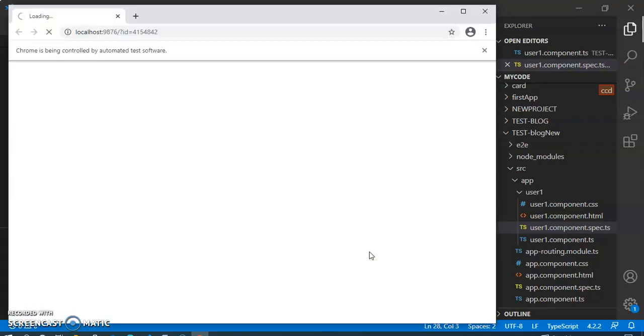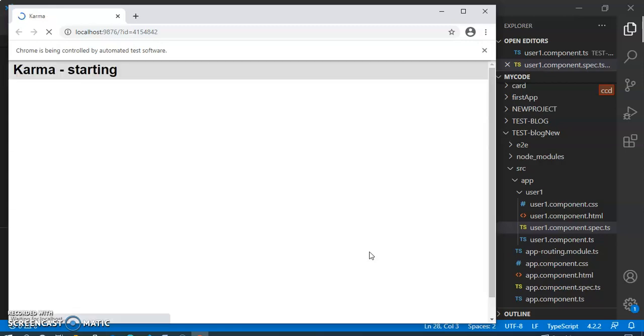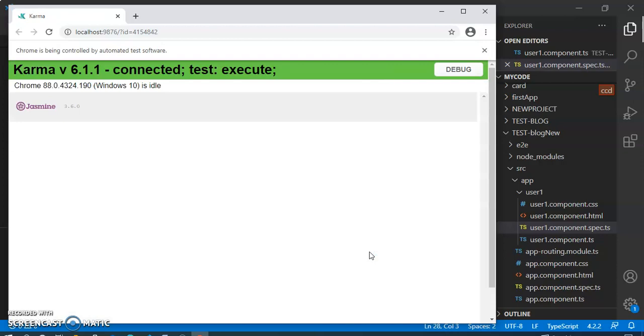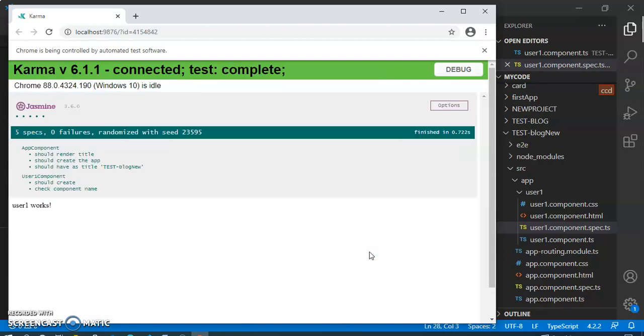Now you can see the Chrome is automatically opening. Here you will see our code is running fine.